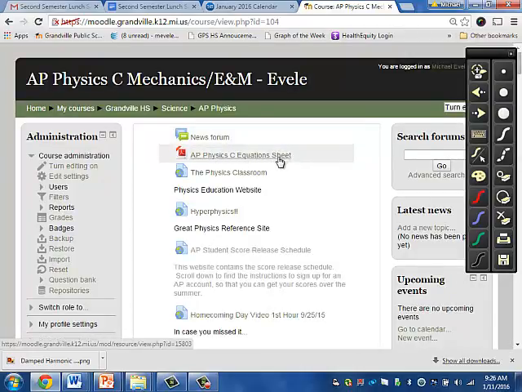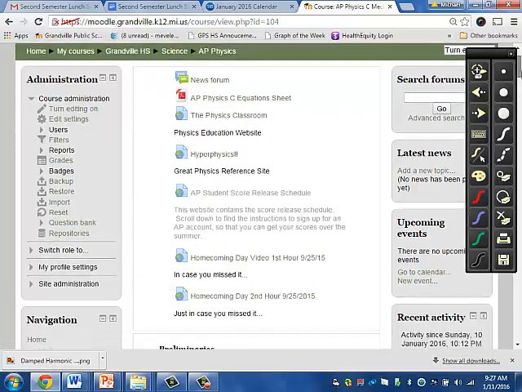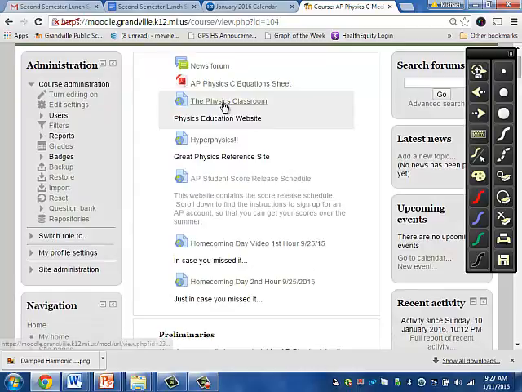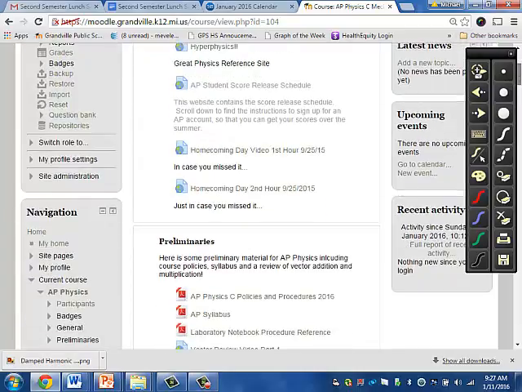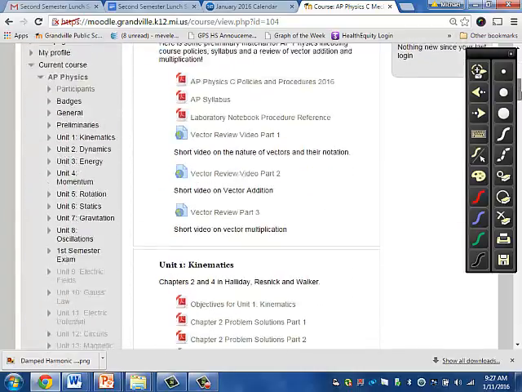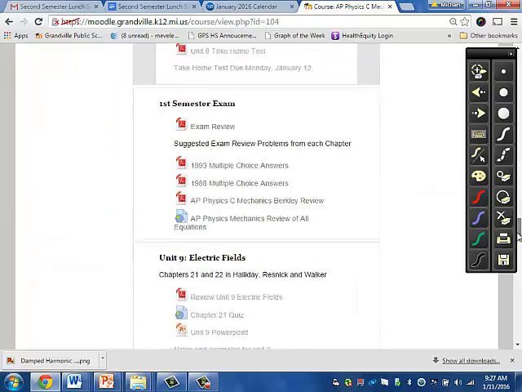AP Physics C equation sheet right off the bat. By the way, there's two nice links. The Physics Classroom and Hyperphysics are really good. I can take those off. Then, when you pop down here,